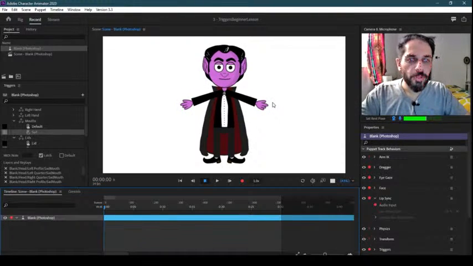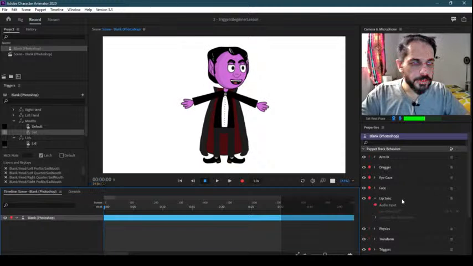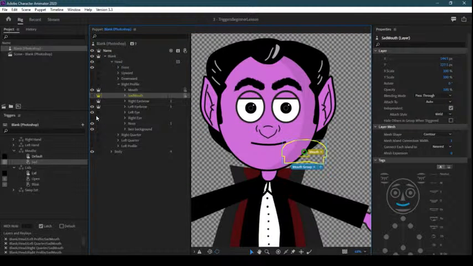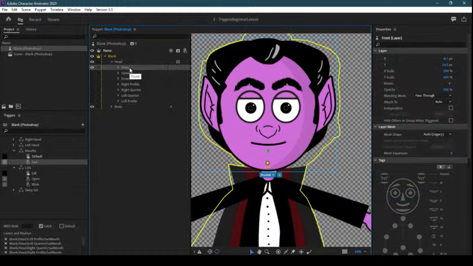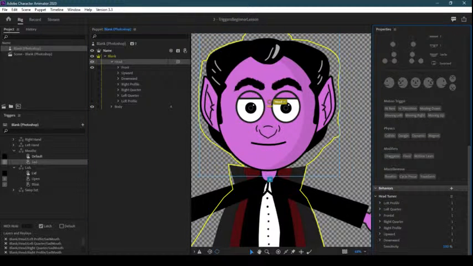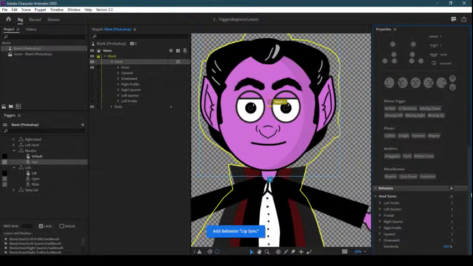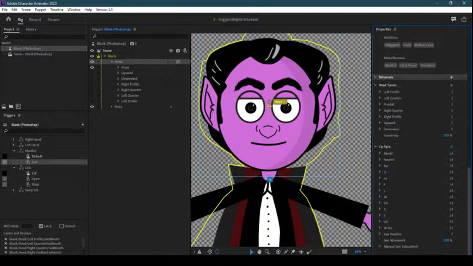Okay, so there is just one thing which is kind of not applying over here, and that is, I guess, the jaw movement, but I'm not sure why it's just that. Okay, so I figured out why it's not applying. Maybe I have to go here in the head itself and then apply lip sync. And then if I go here and use the jaw handle,